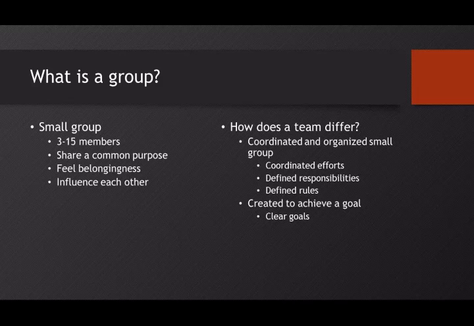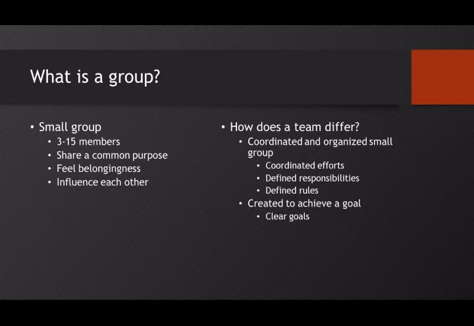small groups. And going along with that is the idea that there is influence among the group members. So one person in the group has some sort of influence on others. So again, going back to that idea of interconnectivity, what occurs to one person in the group is going to affect the other. And again, because they share the same common purpose or goal, oftentimes the influence regards that goal.